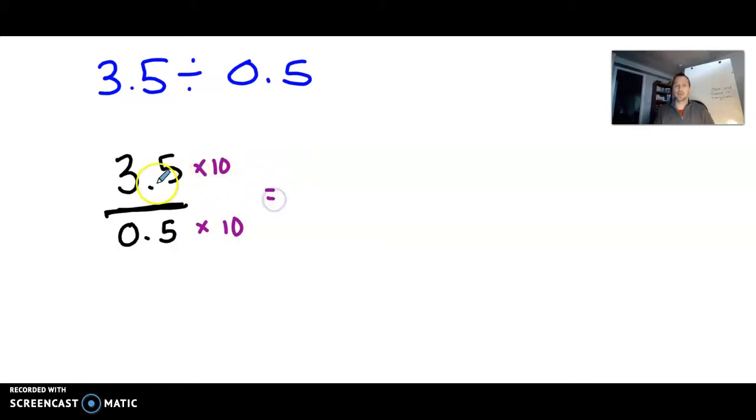All right? And when I multiply, I know that this number is going to get bigger. It's going to be bigger than 3. It's really going to be 35. And I know that this is going to be bigger, so it is moving on the place value chart to the left just one place value, and that's going to give us 5. Now we have 35/5. I can turn that one into a division problem again. 35 divided by 5, and